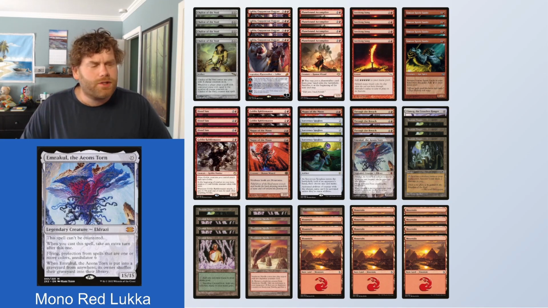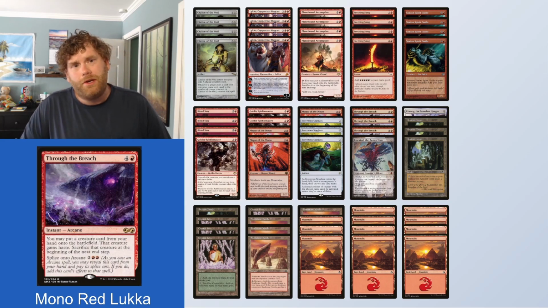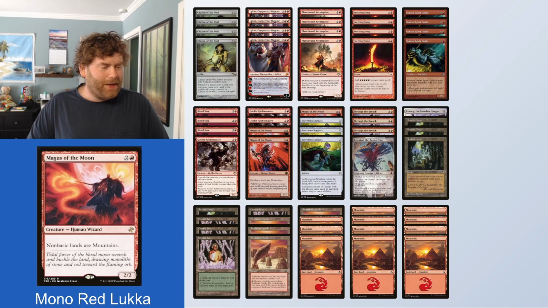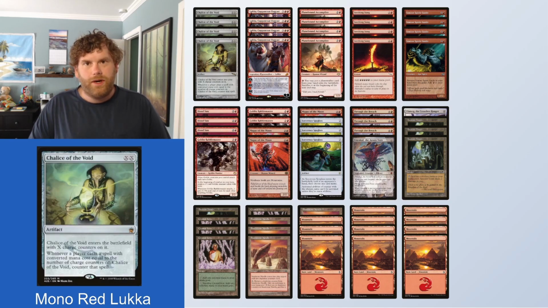This deck also runs 3 Through the Breach to be able to cheat one of your fatties into play, just in case the Planebound Accomplice doesn't work out or doesn't show up in your hand. Of course, this deck almost functions a little bit like a Big Red. It has 3 Goblin Rabblemaster, 3 Magus of the Moon, and 3 Sorcerer Spyglass and Chalice of the Void, kind of just assuring that you get past turn 1 or turn 2 to be able to go off with your